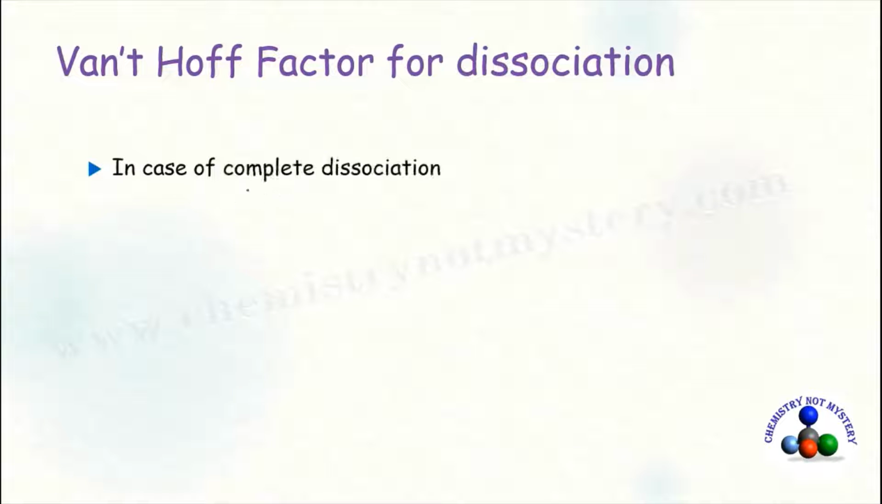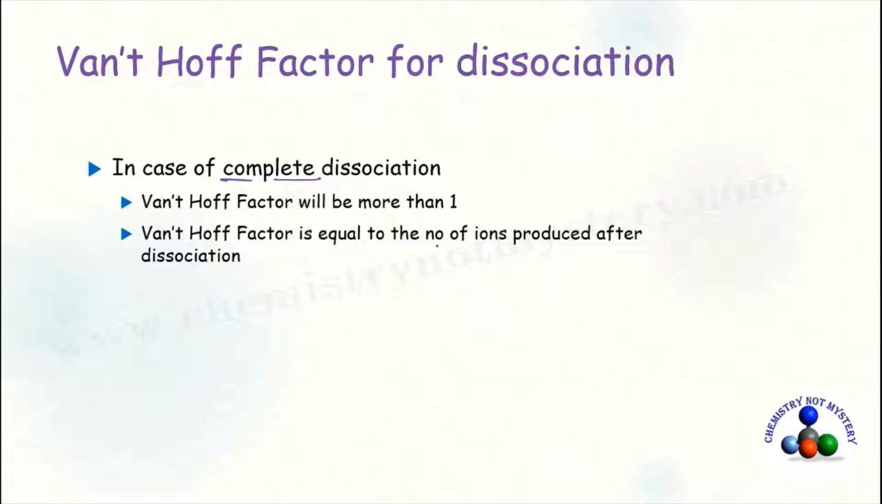In case of complete dissociation, Van't Hoff factor will be more than 1 and it can be equal to the number of ions produced after complete dissociation. For example, NaCl dissociates into Na plus ion and Cl negative ion. At the beginning, there will be 1 mole of NaCl and 0 moles of Na plus ion and 0 moles of Cl negative ion. But after complete dissociation,